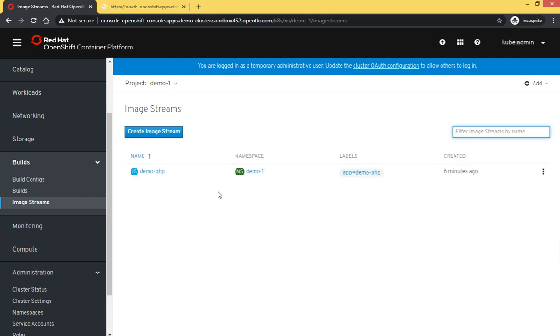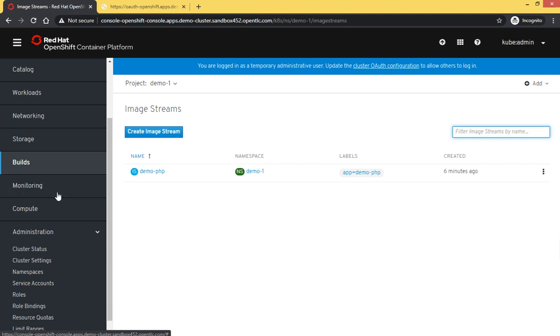We have image streams, which act just like triggers. Okay, so whenever there are any changes or new configuration in the YAML, then these image streams will automatically initiate the builds.